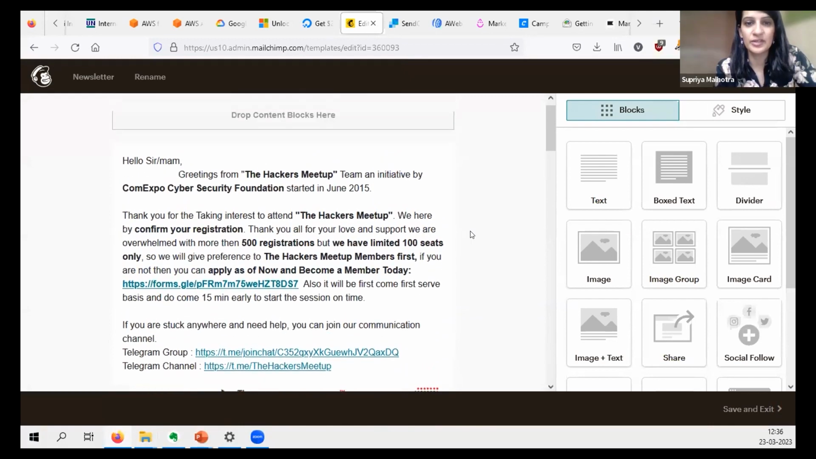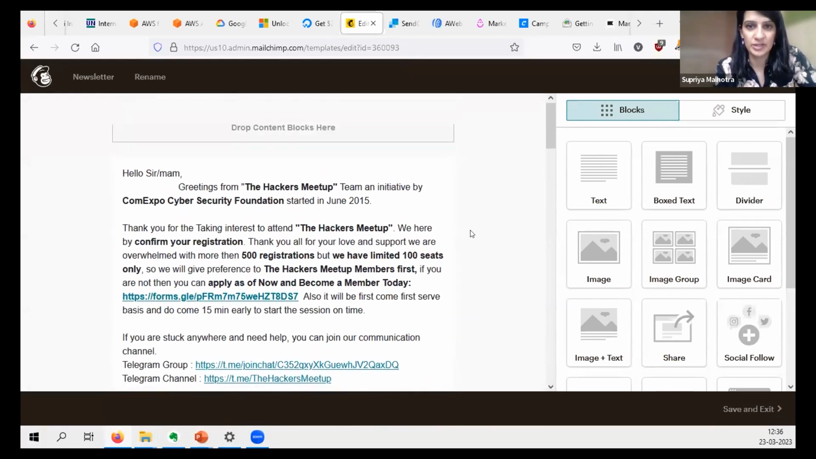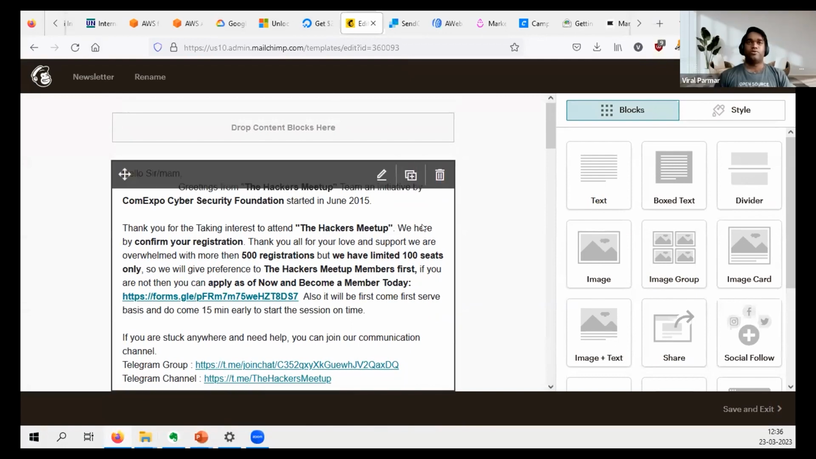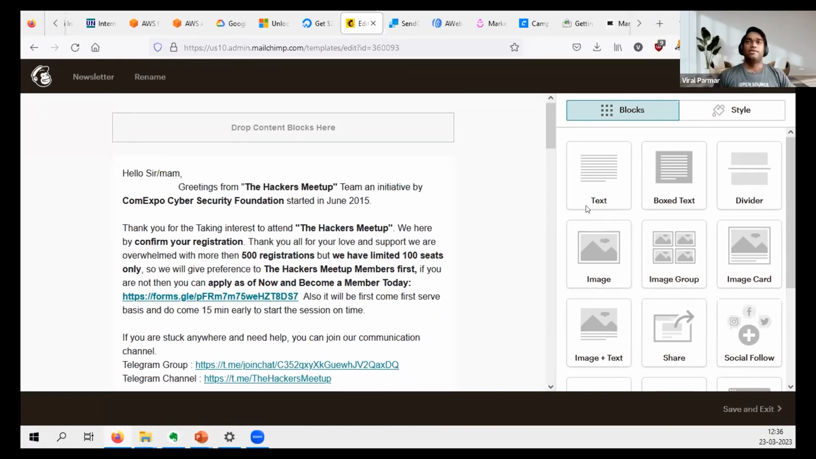An emailer has to be different from your social media post. That's the rule of thumb. It has to have information which is more descriptive from a content perspective, and visually you can have an overlap between your social media post and an emailer. But this platform will help you differentiate that as well. Viral, over to you. Yeah, exactly, Supriya, as you mentioned,